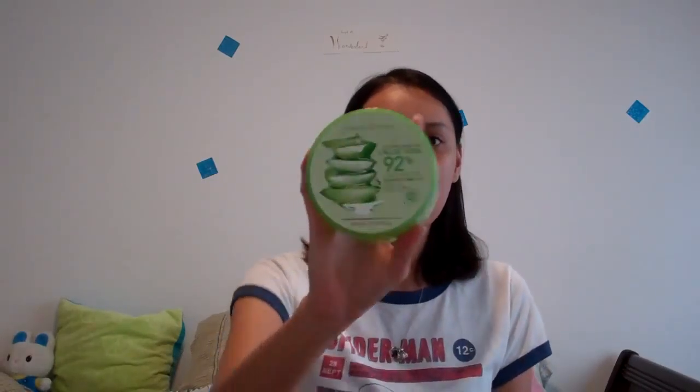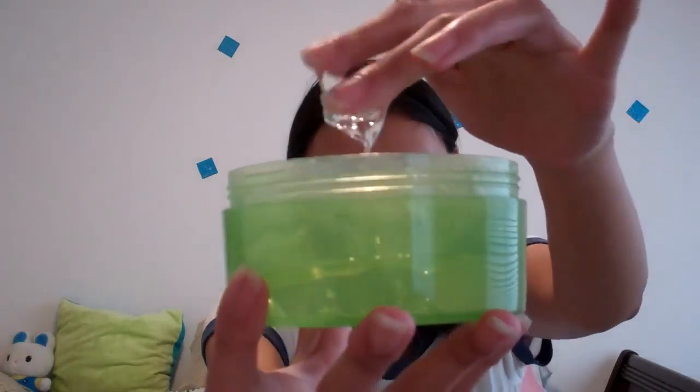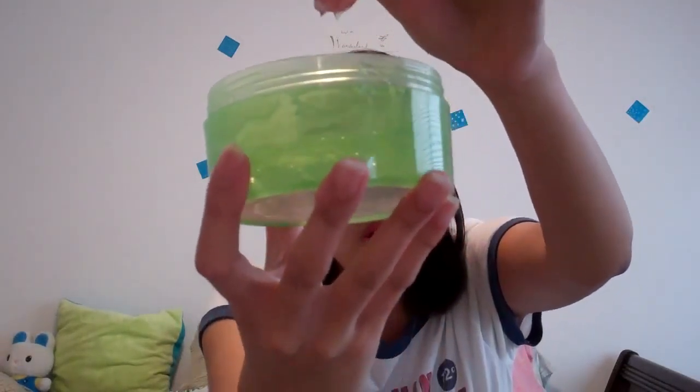Another one of the favorites that I've been loving is this Nature Republic Aloe Vera Gel. And it looks like this. And this is not like any aloe vera that I've ever seen in my life. Let me show you guys. Look at this. It's practically like water, but at the same time it's not. And it smells